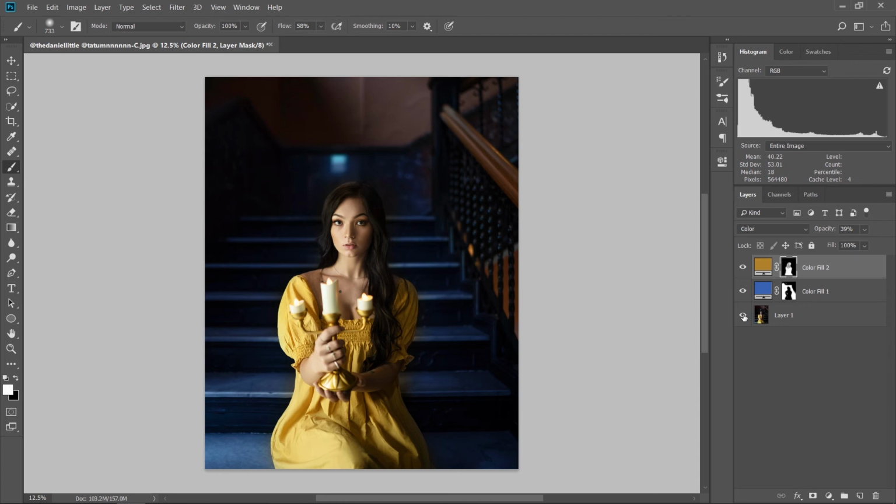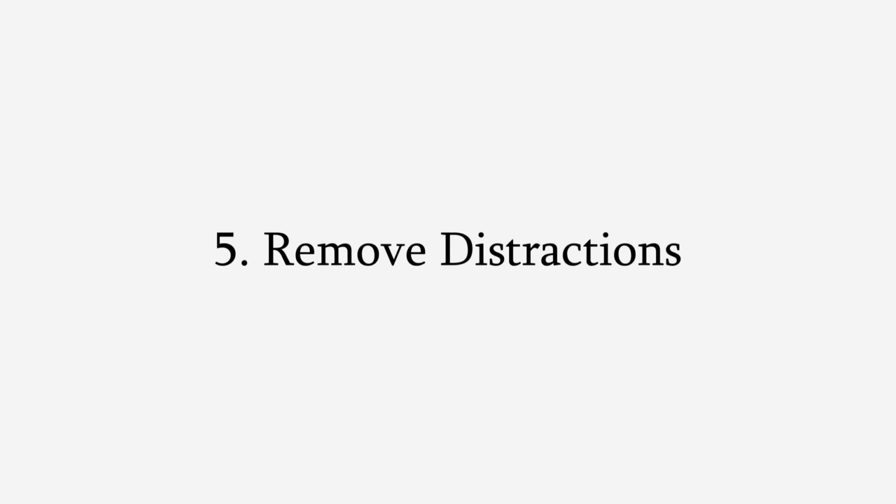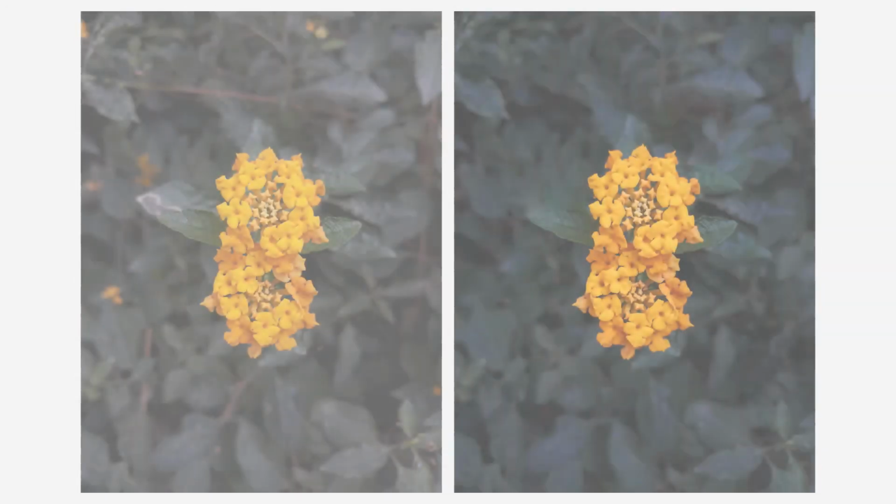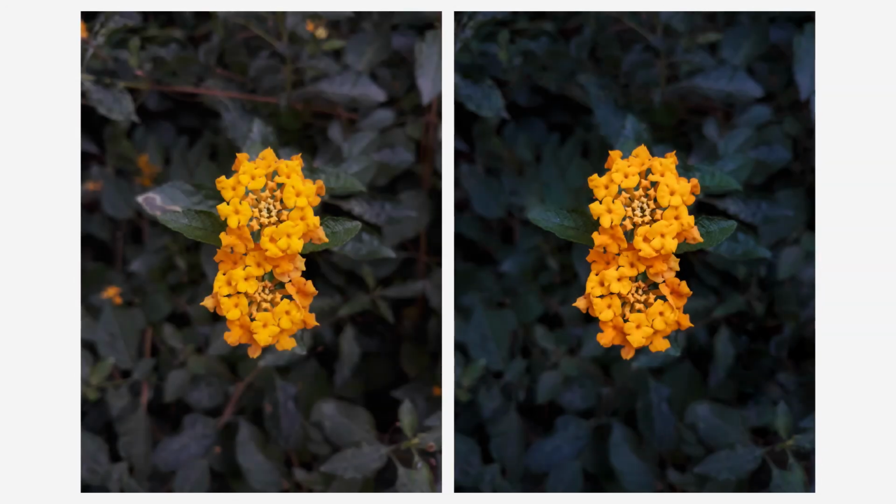I will also like to give you 2 bonus tips. First one is removing distractions. As you can see in this picture, I have removed the flowers in the background so that we can focus only on this flower. Also, you will see all the techniques that I have told you have been used in this picture. Brightness, sharpness, saturation and color. All 4 techniques have been used in this picture, which creates such a separation between the subject and the background.